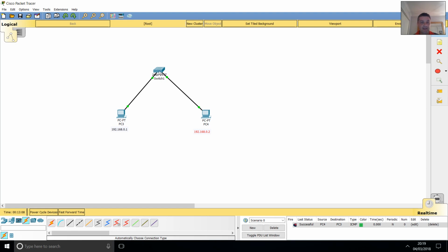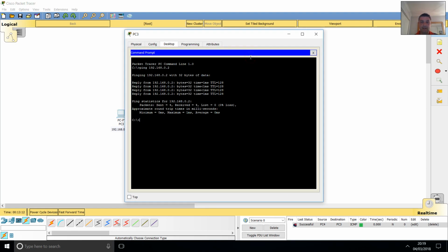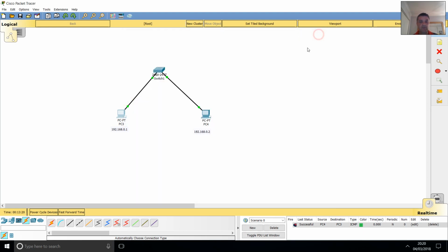So now that I've added the switch in, I should be able to open this computer, and I can use the up arrow because I've done it before. As you can see, I can ping. So what we've done is create our own network with more complexity with the switch, and we can expand the network further. So if I go to End Devices and put in another PC, and go to the cable,